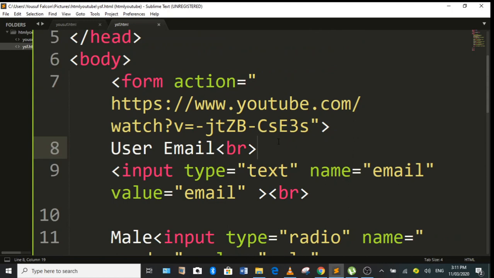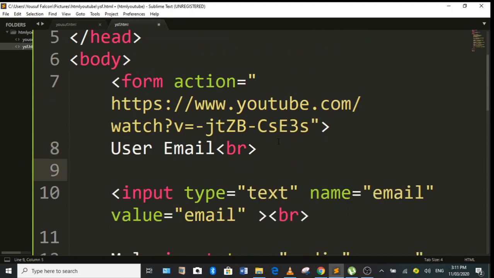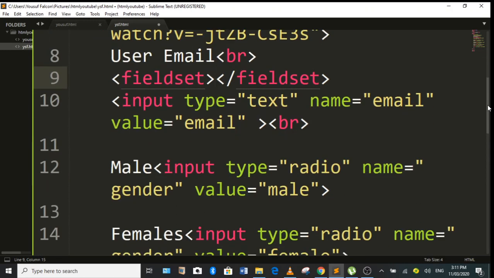After our form tag, I created a fieldset boundary, and in this